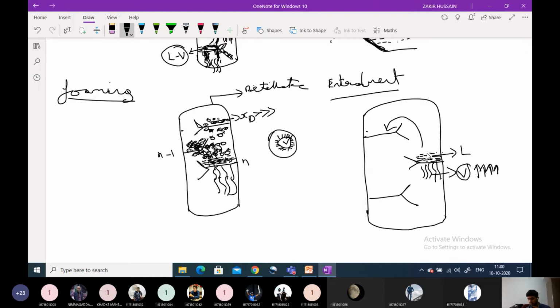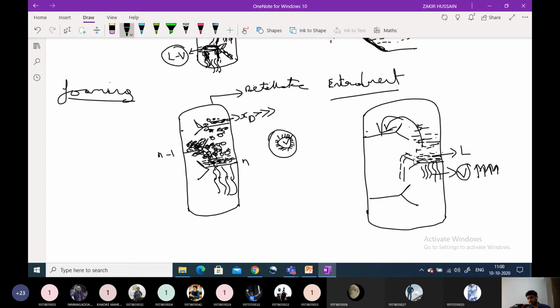Instead of flowing to the bottom, this liquid, because the vapors have a very high flow rate, will rise above the plate. So the vapor will carry the liquid to the next plate. This is called entrainment. Entrainment refers to the liquid carried by vapor up to the tray above, and it is caused by high vapor flow rates. It is detrimental to the tray efficiency, because tray efficiency will be drastically reduced.